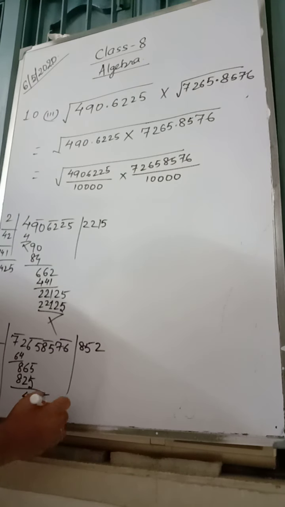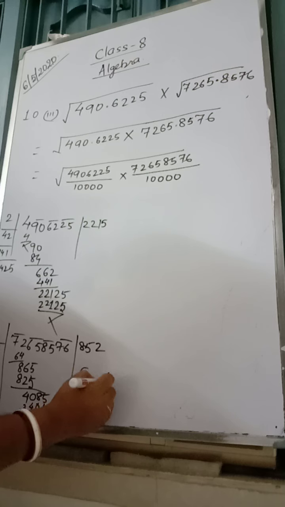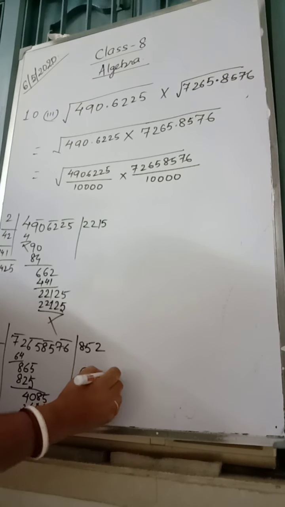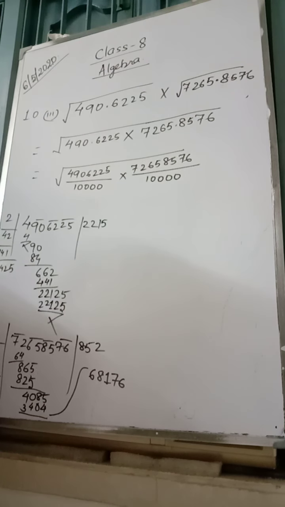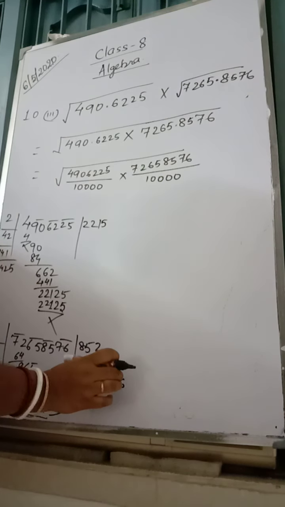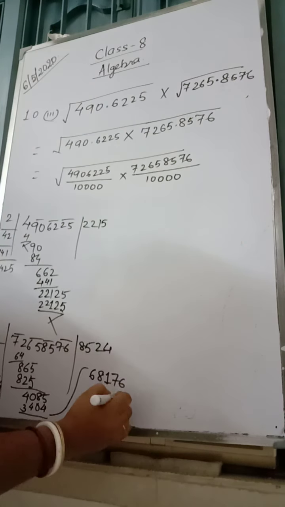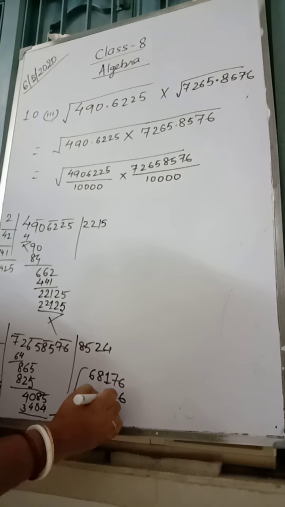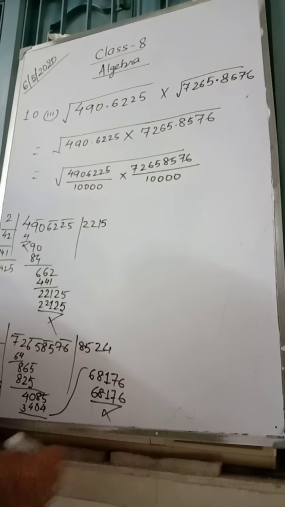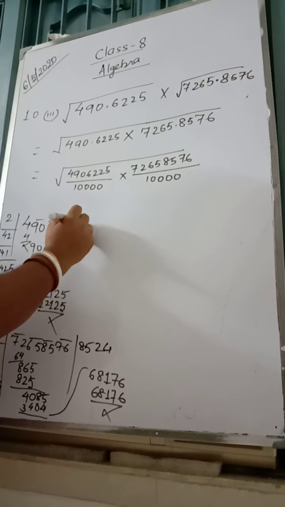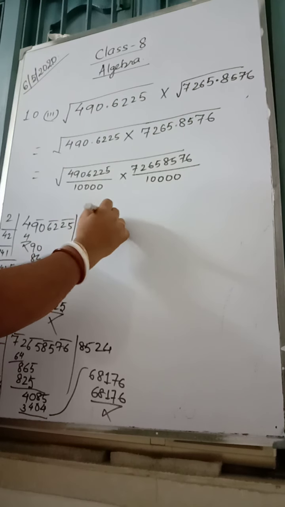This gives you 5 minus 4, 1, 8. Then 10 minus 4, 6. Then 7, 6. Double of this, 1704. Now height 2, height 3. 4 times. 4 4s are 16. 4 4s are 16 and 1 17. 4 1s are 4. 68. So we have got it. This we have got 2215. So we can write it